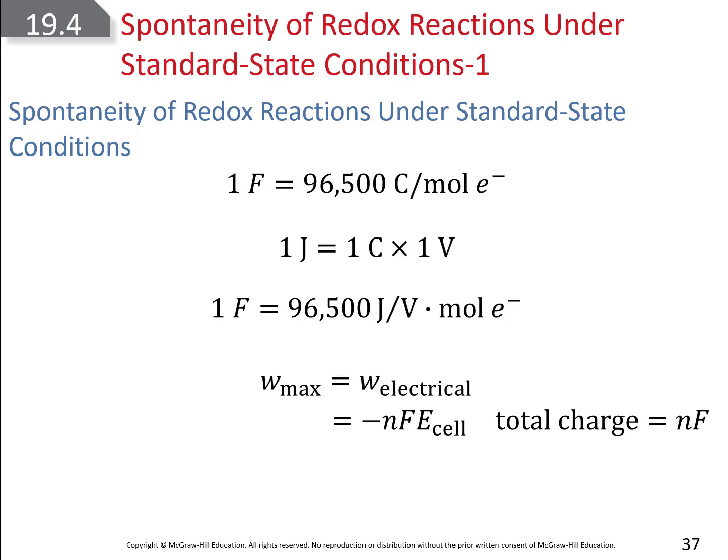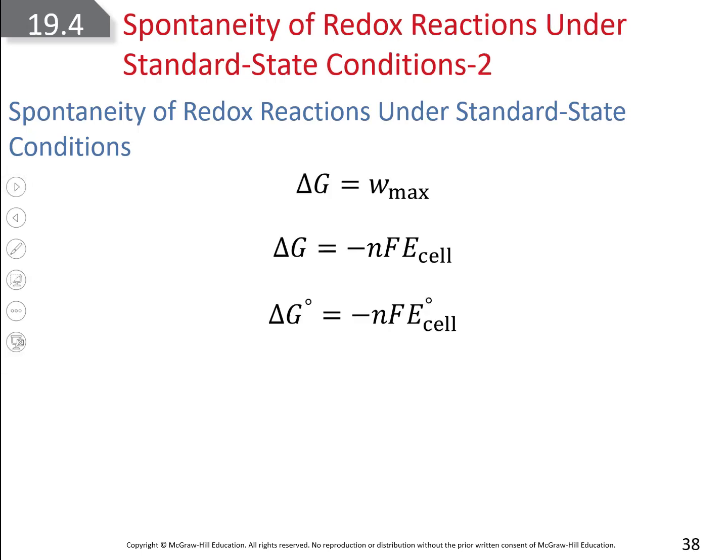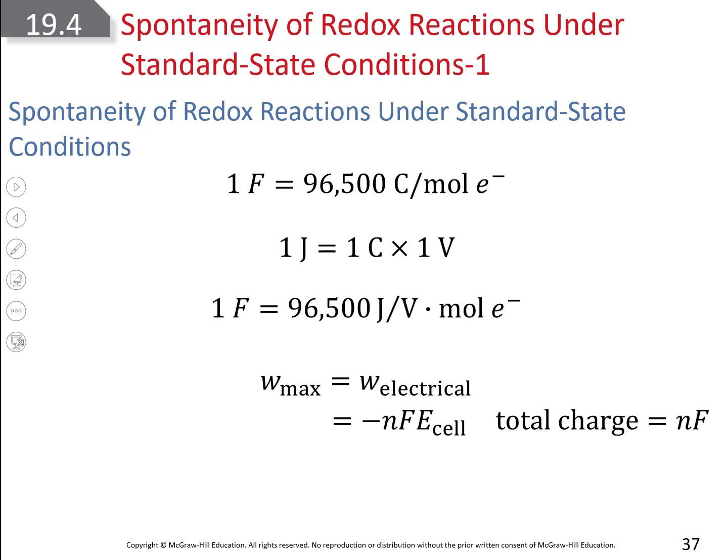So we can use that then to calculate whether or not reactions will occur spontaneously by using it to calculate Gibbs free energy using the Faraday constant. And the Faraday constant is 96,500 joules per volt times mole of electrons. So we're going to calculate this as the standard Gibbs free energy is equal to negative n, where n is the number of moles. Now these are moles of electrons, because remember in the Faraday constant here, up here,